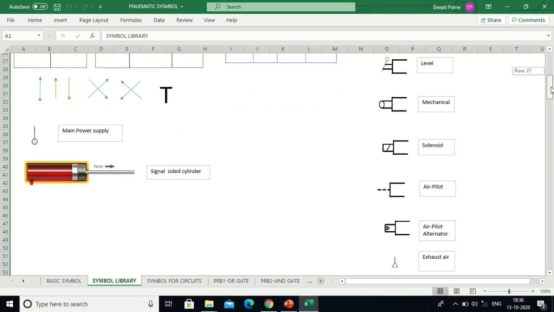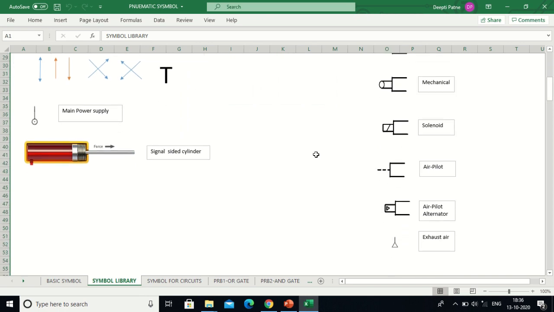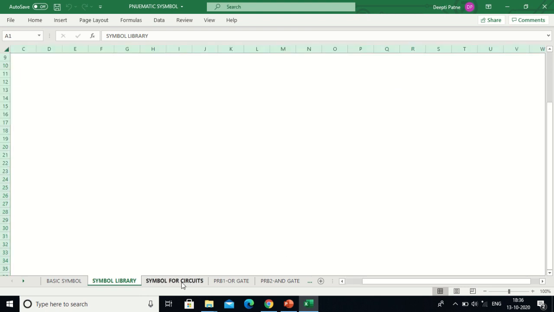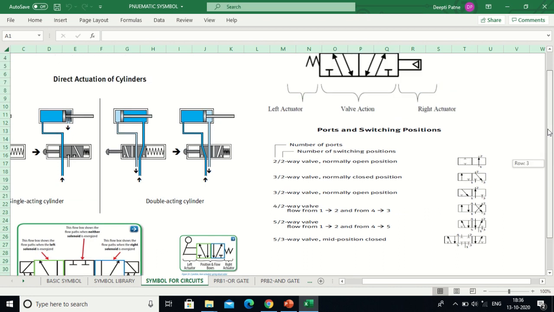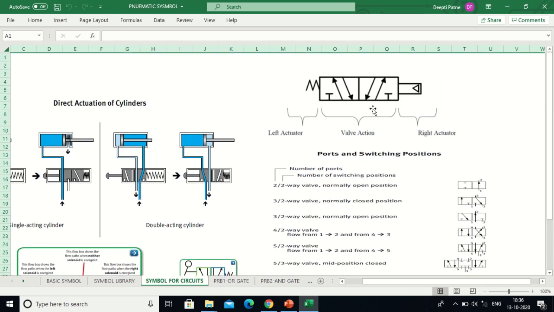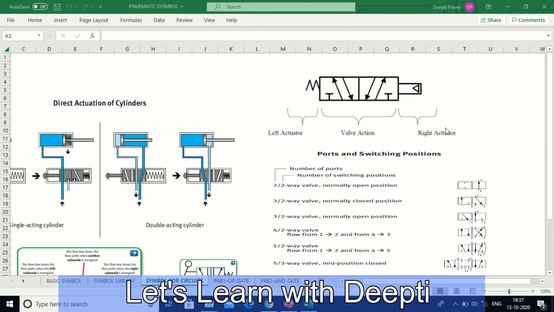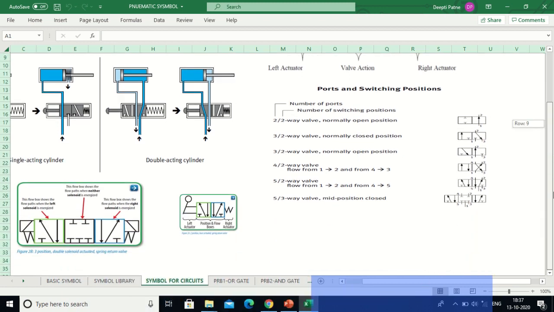Okay, now there are more single sided symbols, and a main power supply and an exhaust air supply. The symbol for circuit is the guidance for you all to understand the circuit. See, this is what I was talking about. This is where the actual valve action will take place. Can you tell me what is the type of the valve? Okay, so these two are the symbols which are available. These symbols are utilized for moving the valve forward and to a backward position. So the valve information of a typical valve is also given over here.